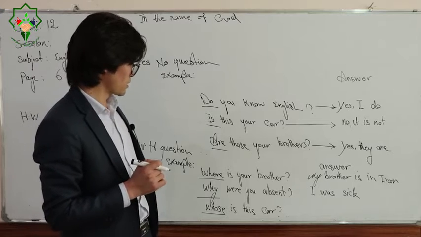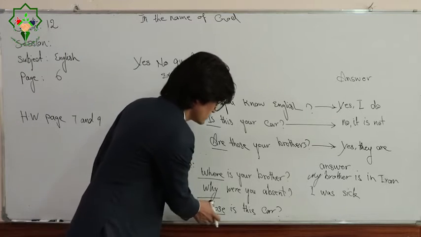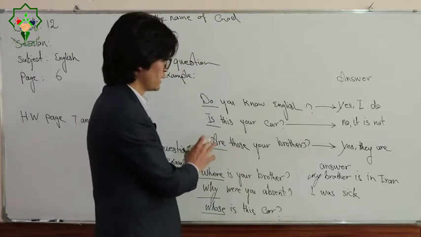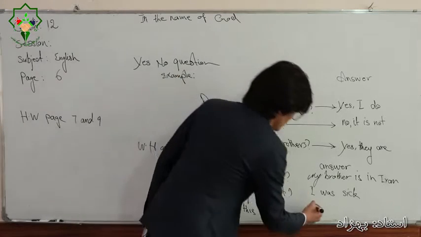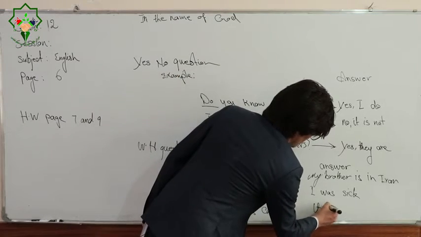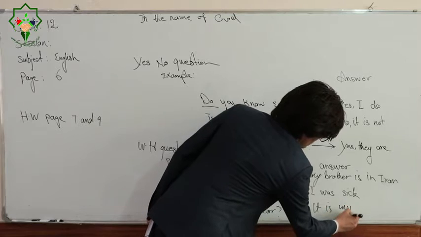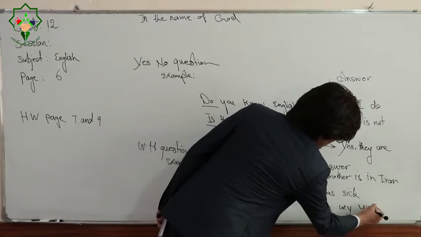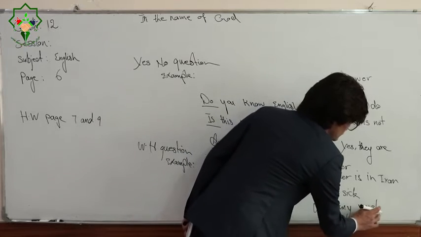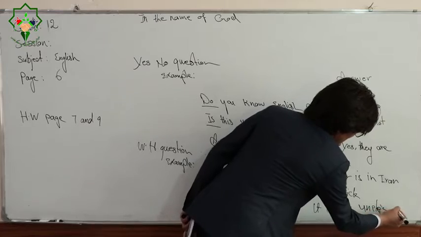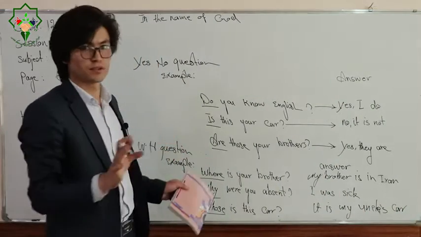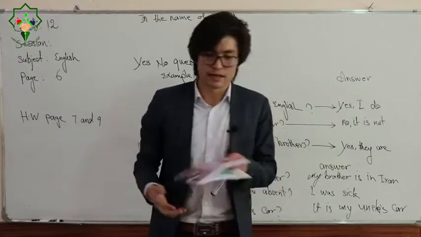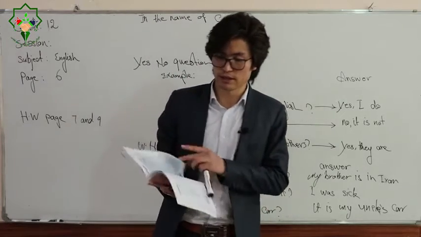Whose is this car? In this case also you cannot say no or yes. You have to say it is my uncle's. It is my uncle's car. Got it? So that's all. It was a revision. Now come to the book, page